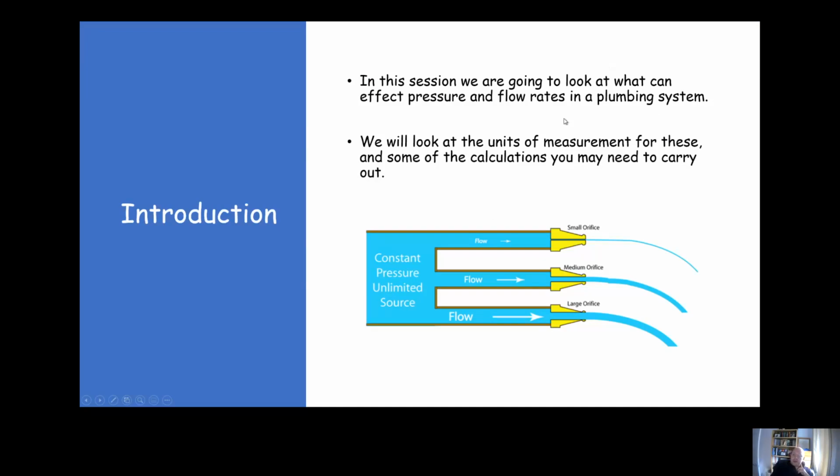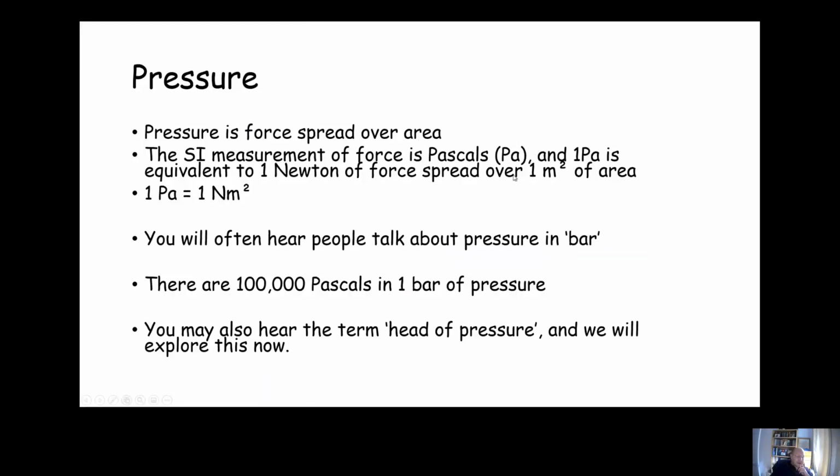In this session we're going to look at the effect of pressure and flow rates in a plumbing system. We will look at the units of measurement for these and look at some of the calculations you might need to carry out. So pressure is force spread over area, and this SI measurement, System International measurement, scientific measurement